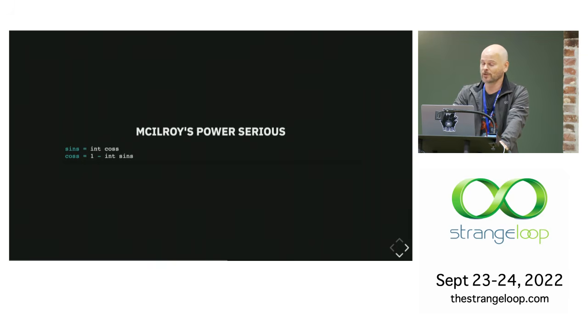So this is a mutually recursive definition of the series of sine and cosine in 2 lines of code. I want to cry when I look at this because of how beautiful it is. But that has nothing to do with software engineering. Do you understand what I'm saying? There's a different question. The beauty of the language is not always what gets you to where you need to go.